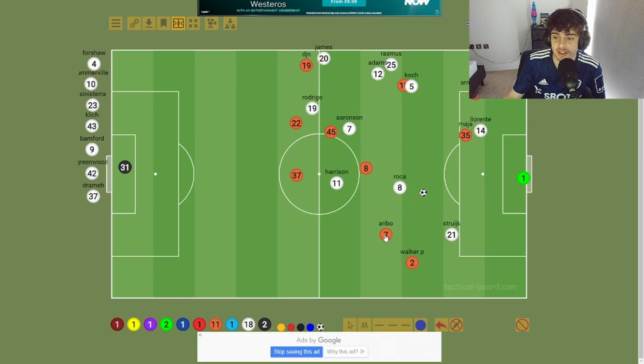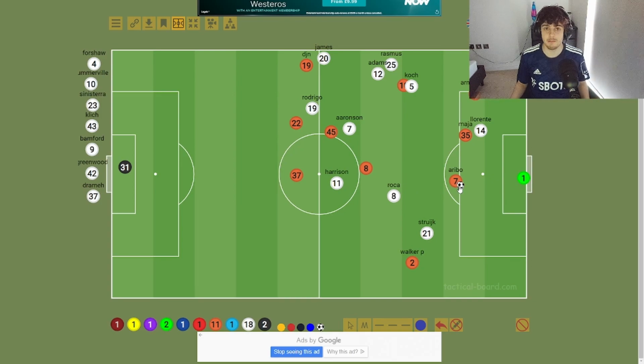But in this situation, he's come from out here. He's always going to be quicker than Rocker. If the defender was quicker than the attacker, there'd be no goals, because he'd always be here. There'd always be goal side. He's quicker than him. He had space. You don't get that time in the Premier League.